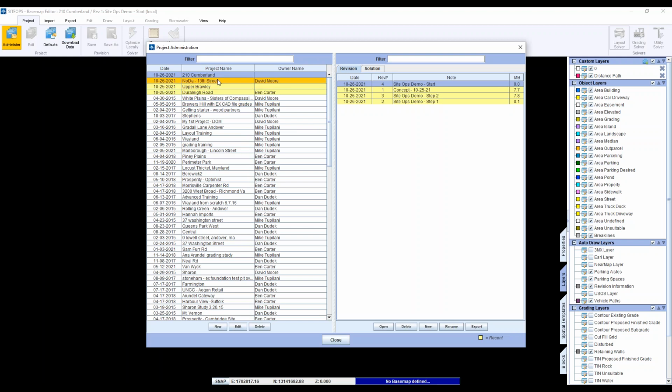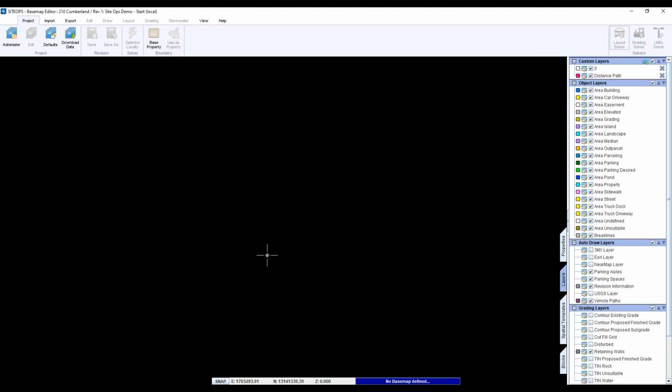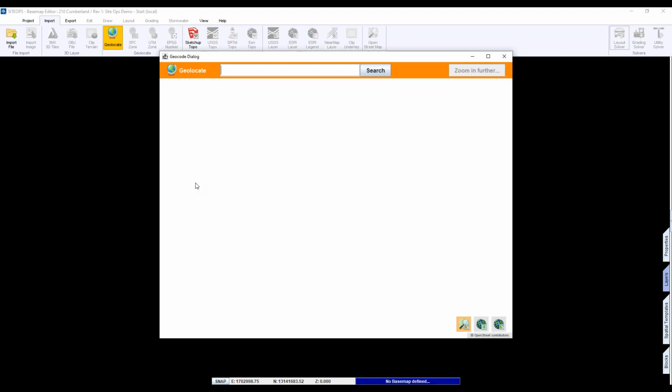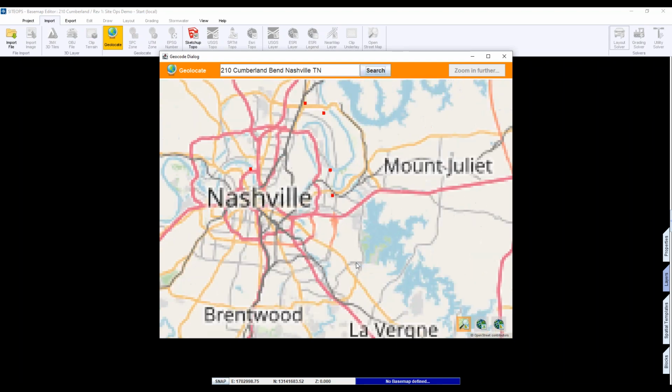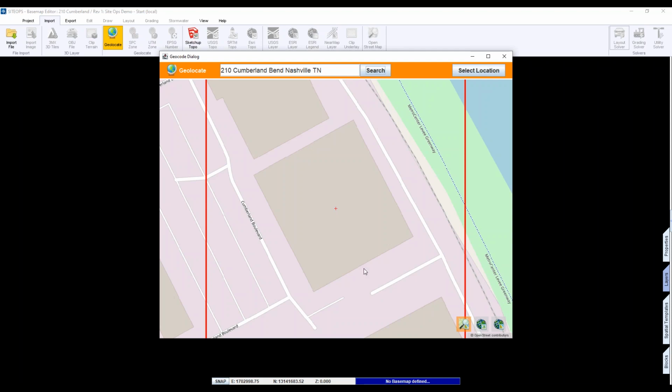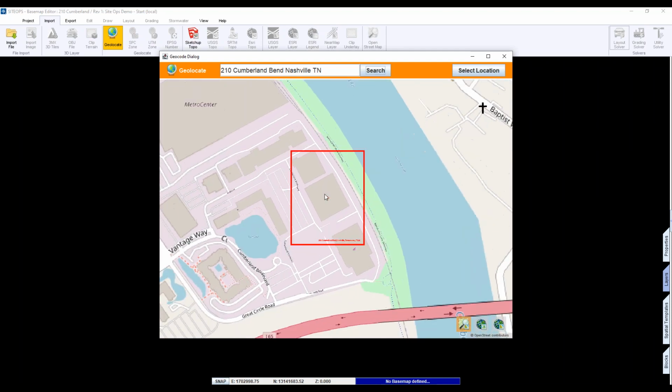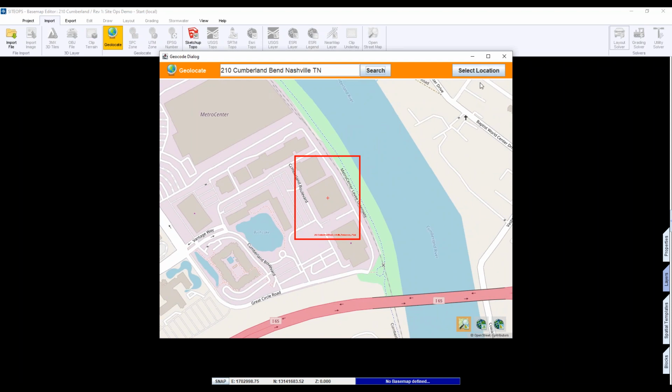Yeah, all clear. Good. So for our starting point here, we have a brand new project, nothing's in SiteOps. We're starting clean slate right out of the gate. And the very first step for starting a project is the Geolocate. So in this case, we'll type in our address. And this is all done directly right in SiteOps, correct? Yep, we're doing it right now. So it'll take me right to our project site right there. I'll back it off just a tad bit, right about there.